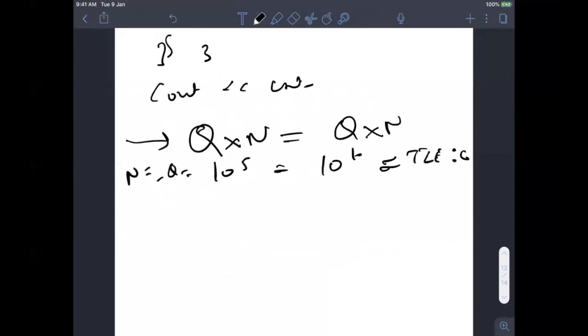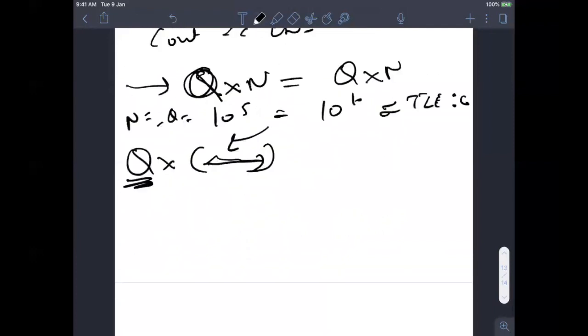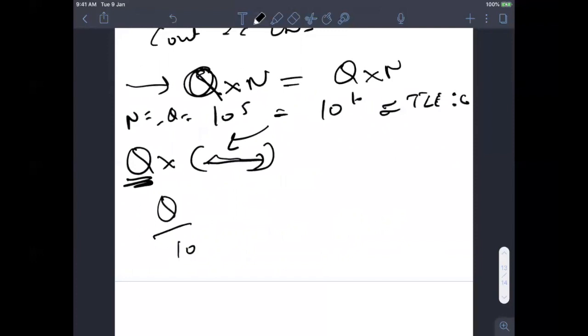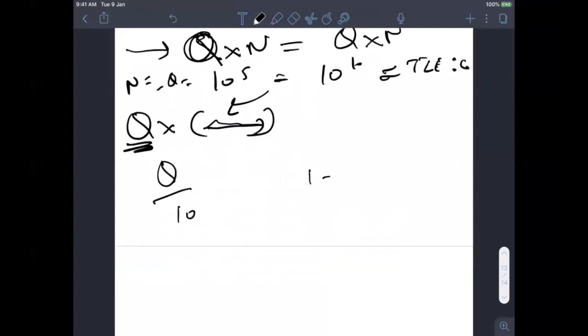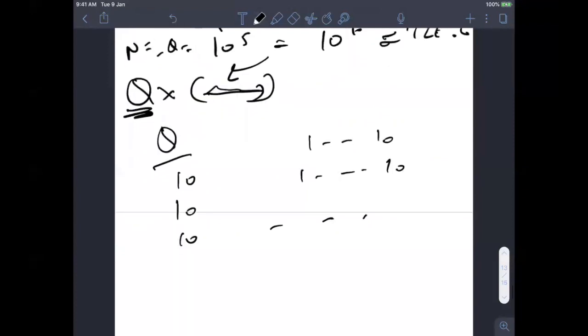So how to optimize it? Whenever the word query comes, you first have to analyze: see, Q will always be there, so you cannot remove this Q from the complexity. What you have to do better is here. You cannot run this loop n times. So let's think of something. What is the problem here? Let's say there are Q queries. Let's say 10 comes, you check from 1 to 10. Again 10 comes, you are again checking 1 to 10. Again 10 comes. So don't you think you are repeating something? We can optimize it.